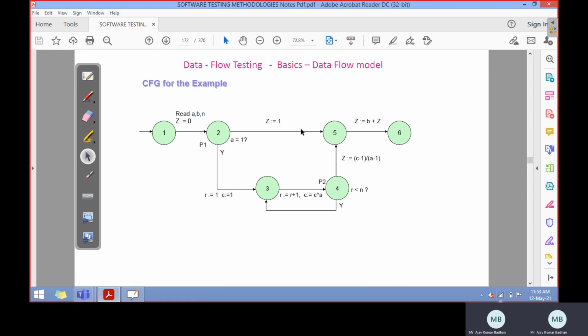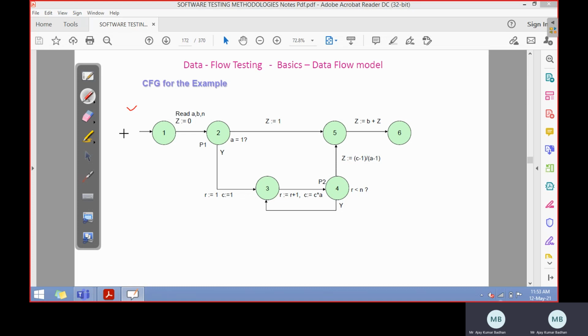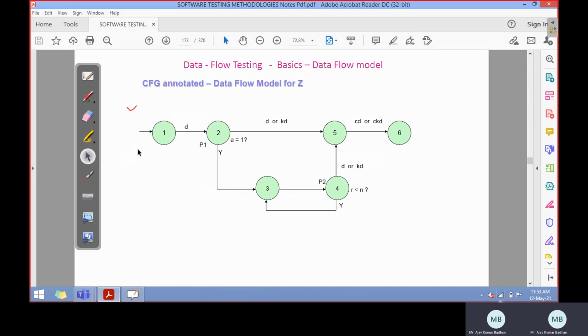We have also discussed that data flow models can be designed only with the help of control flow models. Whenever a program is given, we first construct a control flow graph. Once that control flow graph has been completed, we prepare a data flow model where we represent the weighted links with respect to the sequence of actions taking place between the nodes. In between these two nodes, the sequence of actions is represented using variables, and those are D, U, C, P, and K.